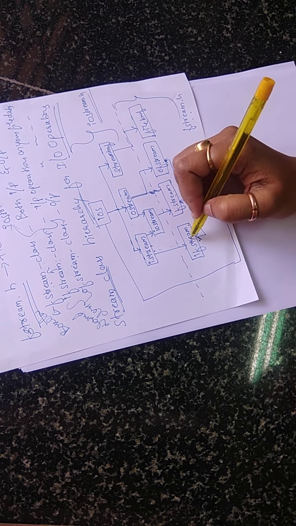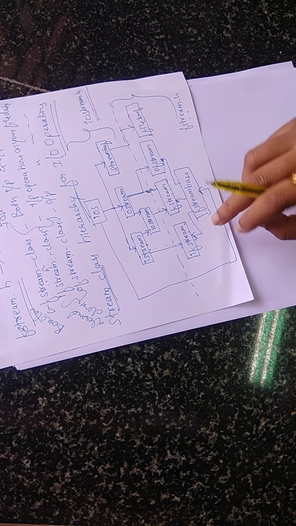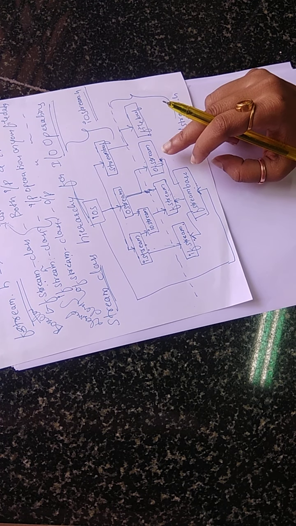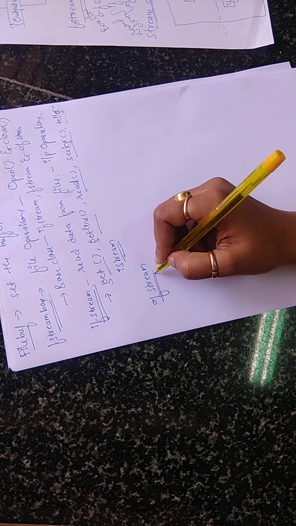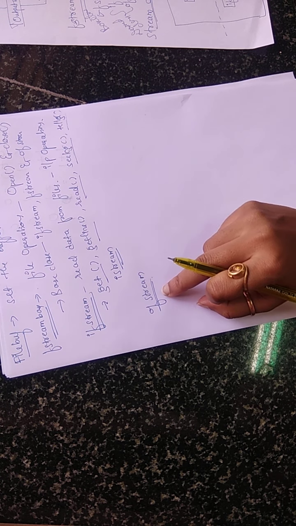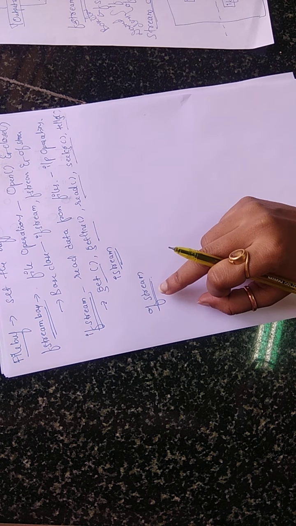For that reason your ifstream and istream have been connected to each other. Similarly, with ifstream, come to ofstream. We'll study about ofstream. For what purpose do we use this ofstream class? The ofstream class is used to write the data on your files, and it lets you perform the different output operations on your file data.